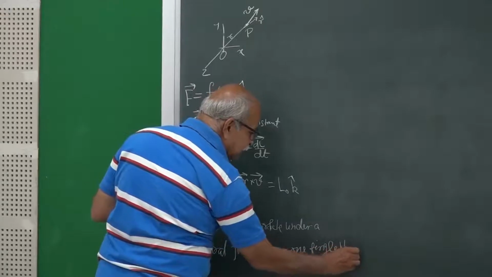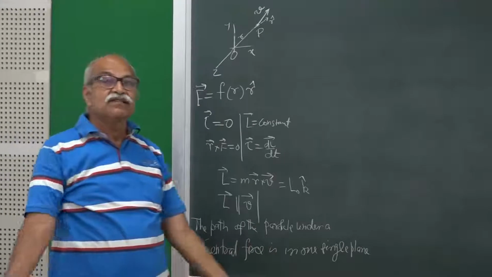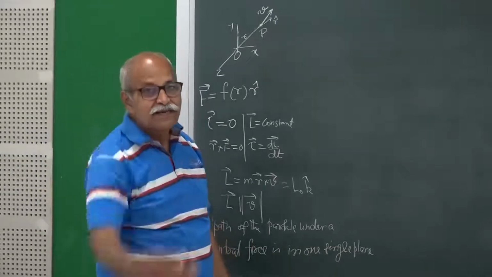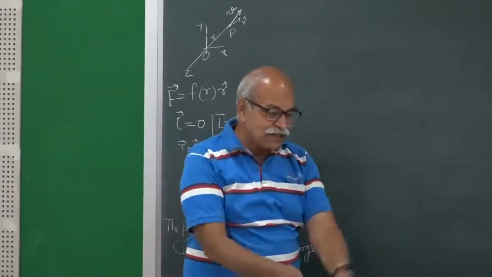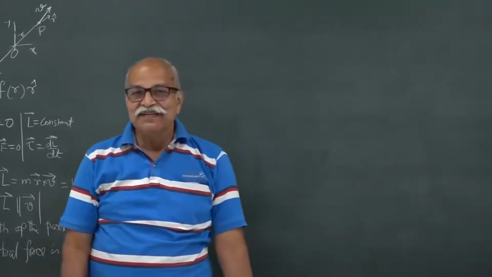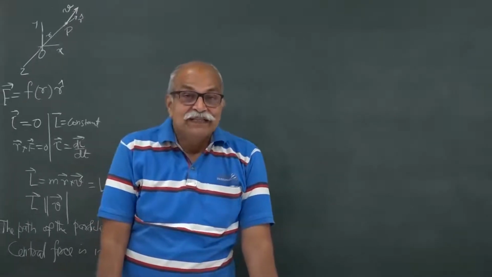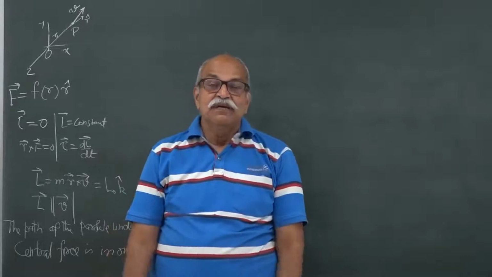It is a two-dimensional motion, it is not three-dimensional motion, although it is free to go anywhere as such, no boundary is there. It is not constrained somewhere by putting some sheet or something, but still it will go in one particular plane, and the plane will be decided by how the motion